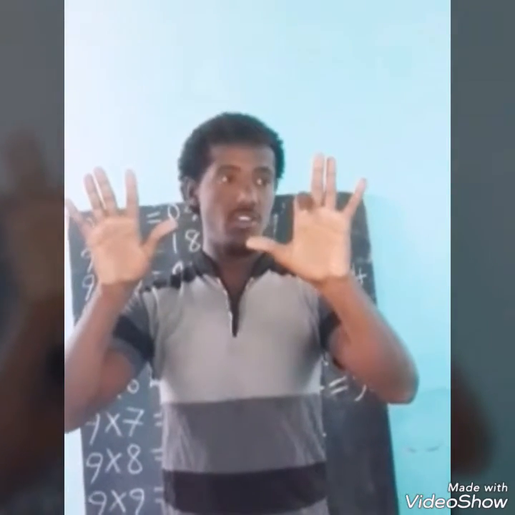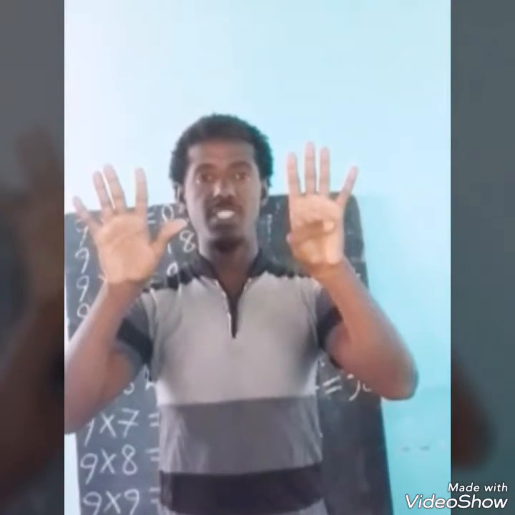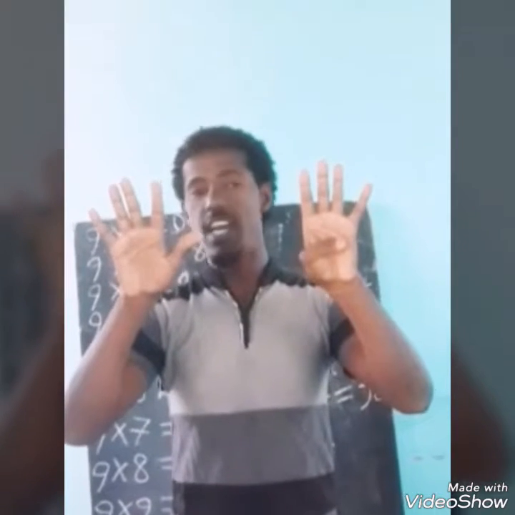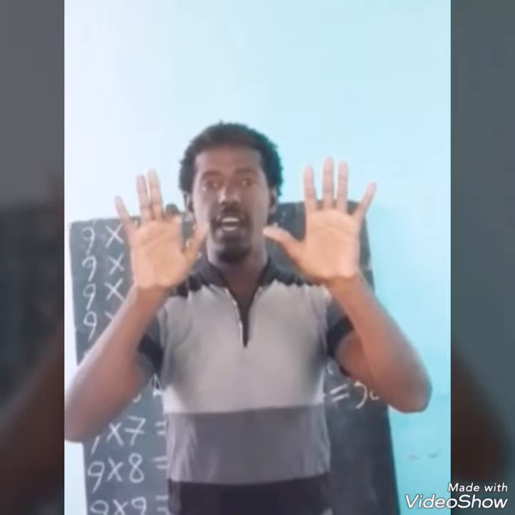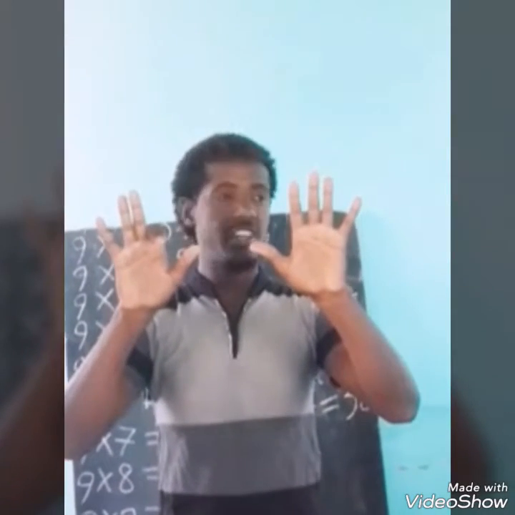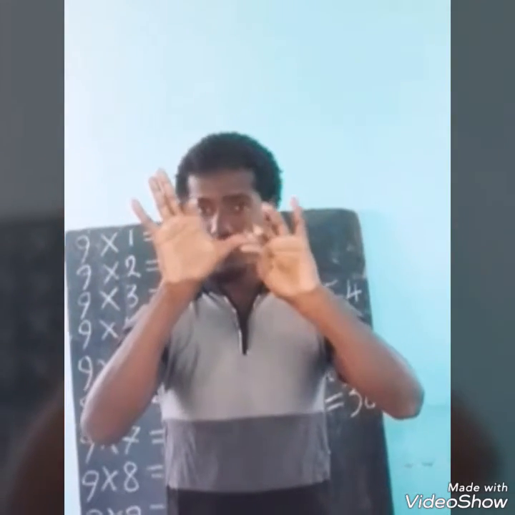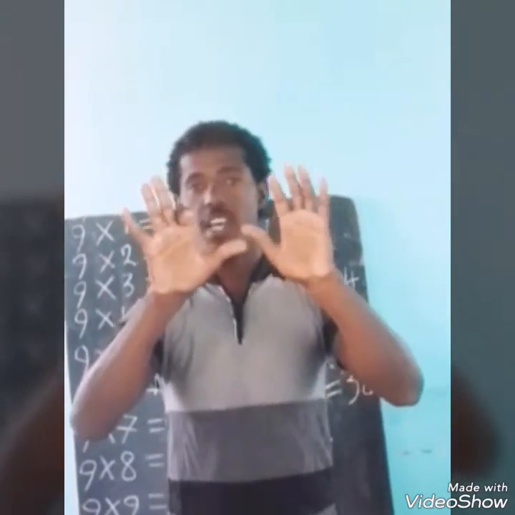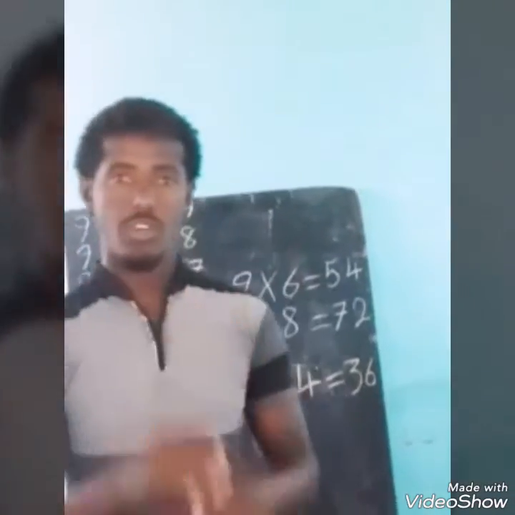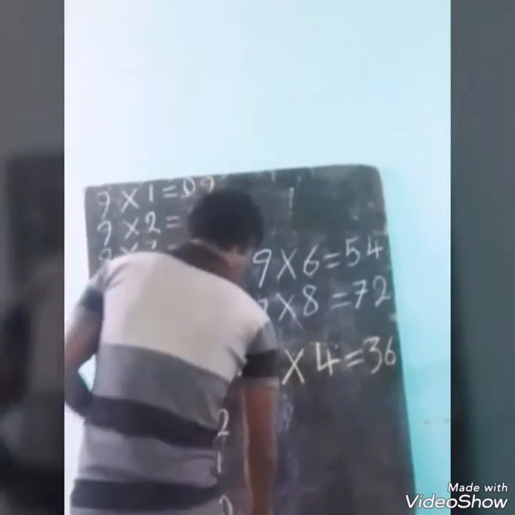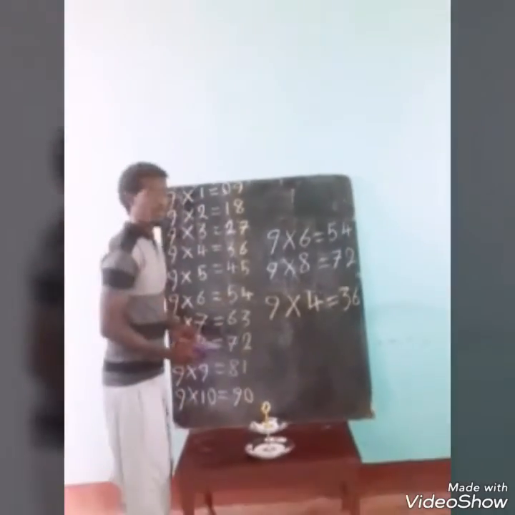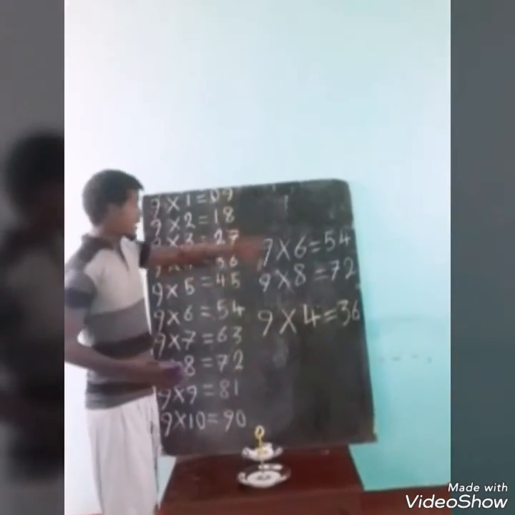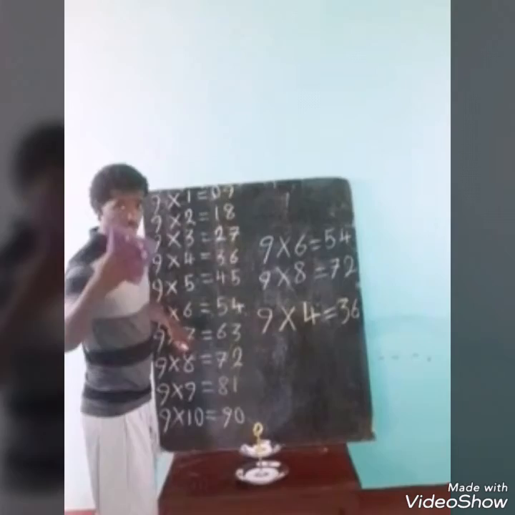9 times 3, 27. 9 times 4, 36. 9 times 5, 45. 9 times 6, 54. 9 times 7, 63, and so on till you finish the table. And there are even some people who say, I am going to delete this and I am going to show you